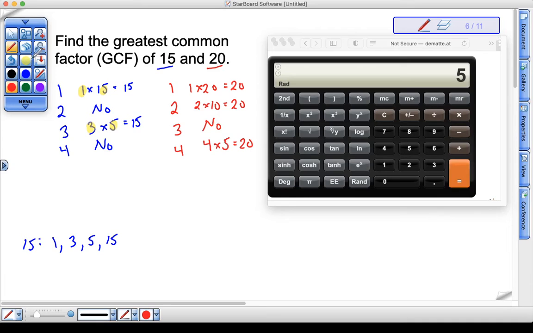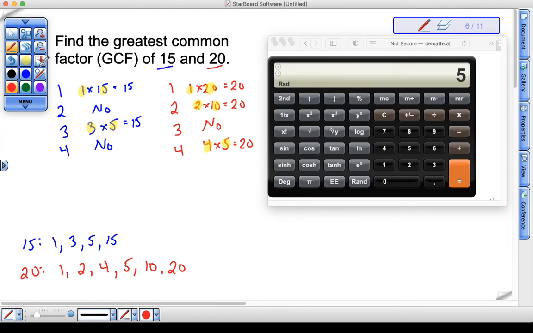So all my factors here for 20 are going to be my 1, 2 going in order here, 4, 5, 10, and 20. So I'm going to go down to the bottom here, and I'm going to say my factors of 20 are going to be 1, comma, 2, comma, 4, comma, 5, then I have 10, and then I have a 20. So when I have these numbers, this is the part where I have to find now the common factors